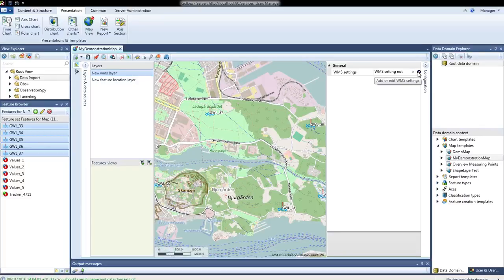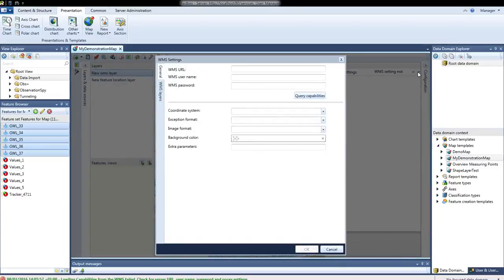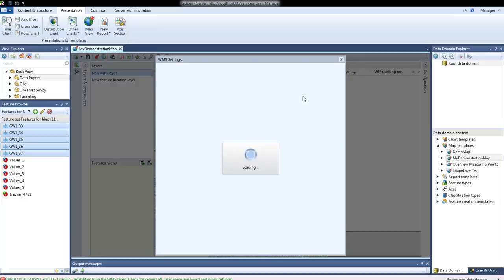If you press this little button here, you will provide a new window where you can just add the settings for this WMS. And I have provided here a URL which gives me the content for a specific region I would like to have right now, and I can query the capabilities of this server,